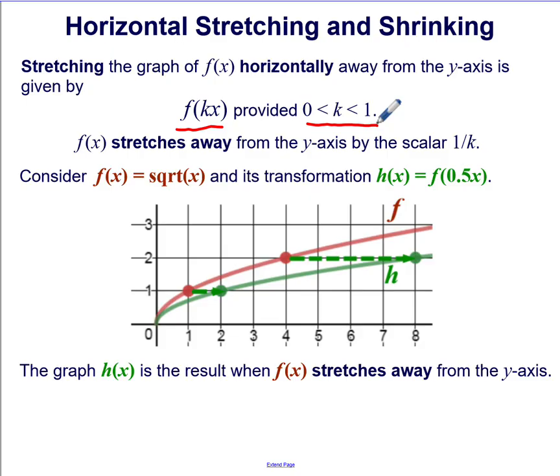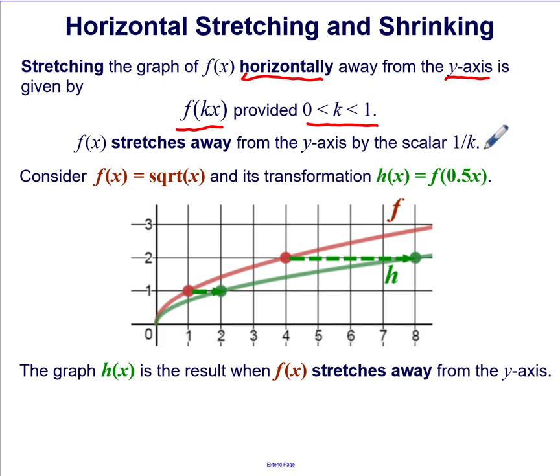Let's pause here for a minute. Before, we were talking about vertical stretching and shrinking, and that was from the perspective of the x-axis. But now that we're talking about stretching and shrinking a graph horizontally, this is going to be from the perspective of the y-axis. Note the change in the notation. When we were talking about vertical stretching and shrinking, the constant k was multiplying f. Now the constant k is multiplying x. So we're going to horizontally stretch away from the y-axis if the constant k multiplying x is between 0